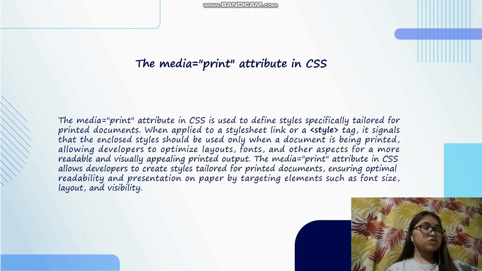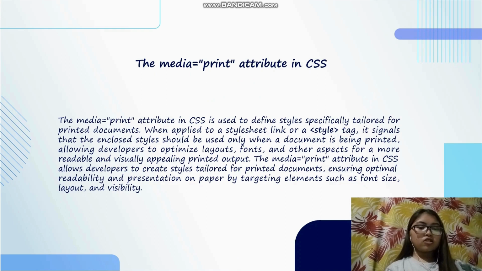The media attribute in CSS is used to define styles specifically tailored for printed documents. A style tag signals that the enclosed styles should only be used when the document is being printed. This helps in producing a clean, well-formatted printed output